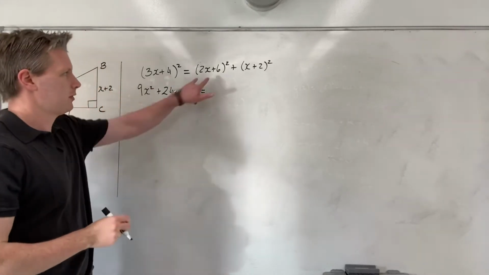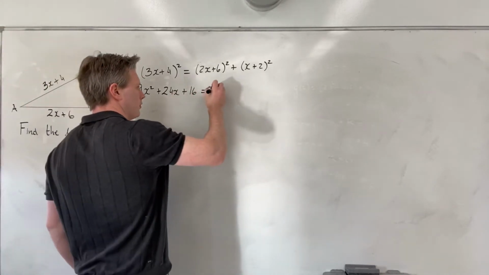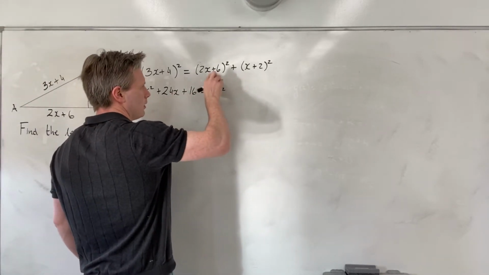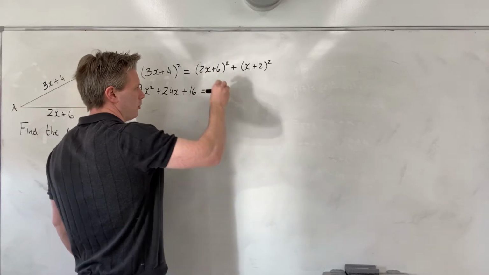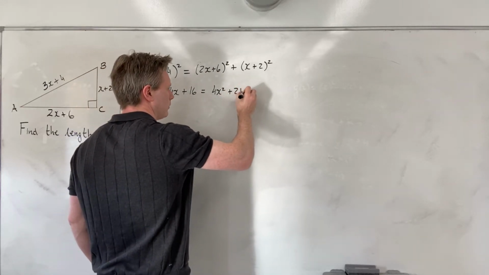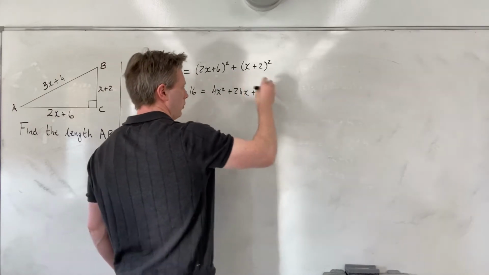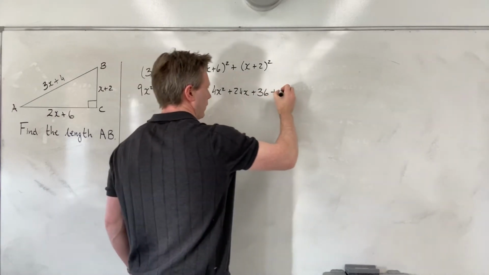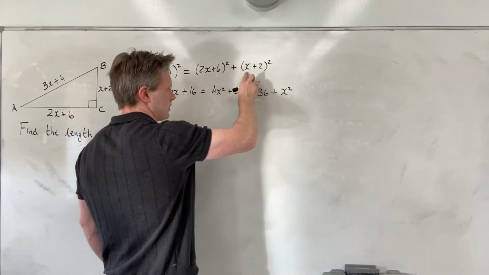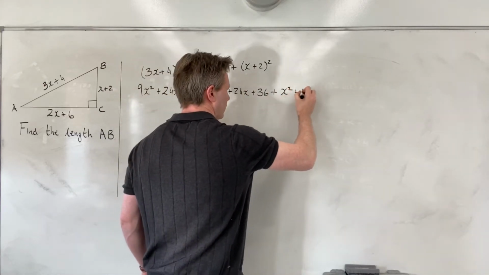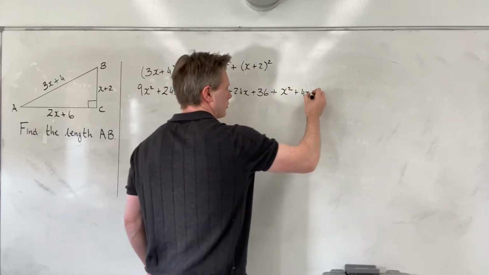Is equal to, I'm going to do the same thing here, square the first term, that's 4x squared. Product is 12x, double that is 24x, plus 36. 6 squared is 36, plus x squared, 2 times x is 2x, double that is 4x, and then 2 squared is